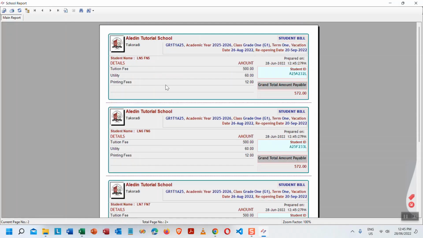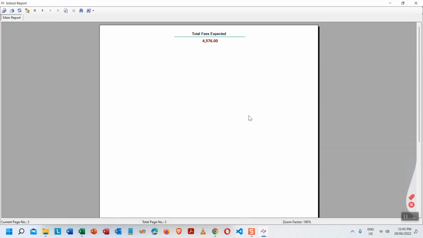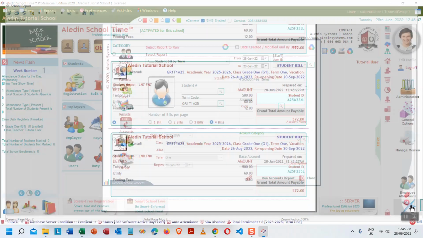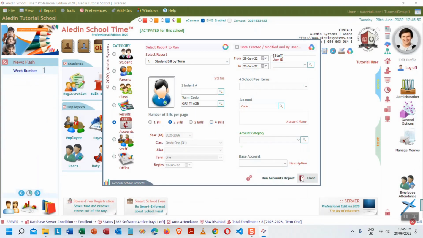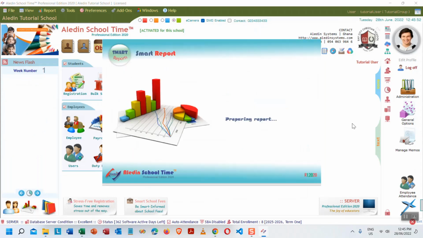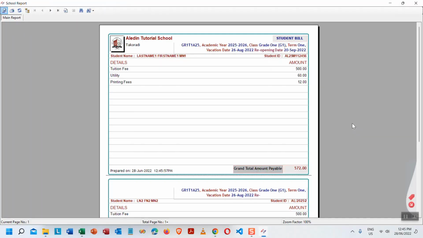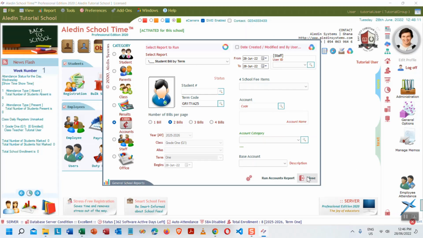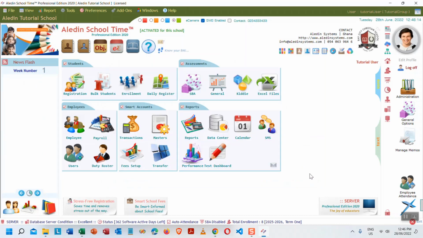So you can go to the next, to the end, and you know that it's 4570, right? So you can tier here and give to them. You can make it 2 on a page like this, or 1 on a page, or 3 on a page, depending on the list. Then you try and do that. We have seen that all of them are having the same, but if I want to bill one of the